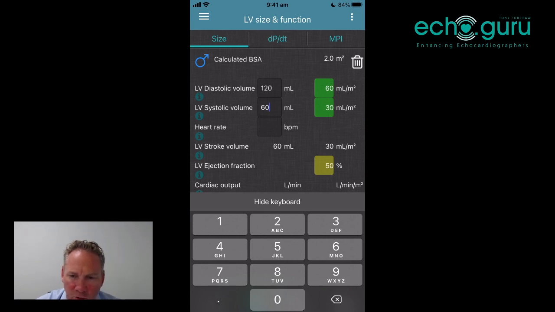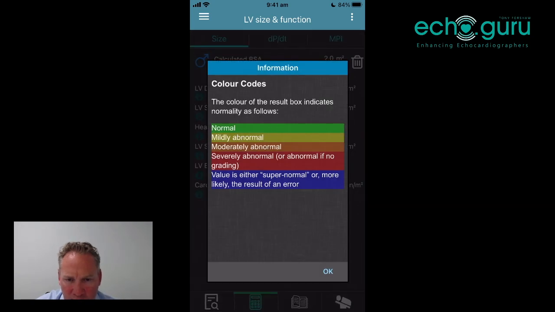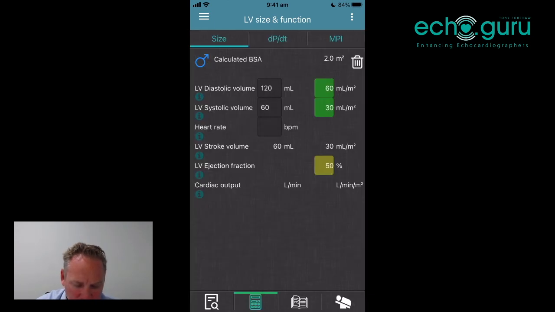Now because that's a low normal, it's mildly abnormal, then it's been highlighted not a green color, whereas the absolute volumes, the index volumes of 60 and 30 mils per meter squared respectively, are highlighted green because they're considered within normal ranges. We can click on those color codes and that shows you what the color is referring to. I like this blue coloring, which shows that something's really outside of normal parameters, and that indicates most likely it's normally due to a measurement error. Okay, now if we go back to our menu,